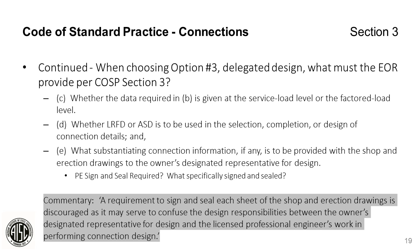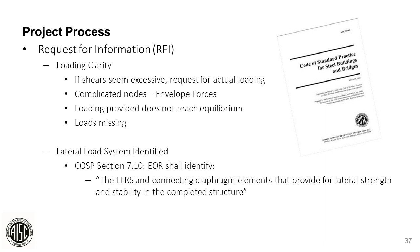Okay, and then moving on to slide 37. The question regarding transfer forces. When the EOR provides transfer forces through an RFI response, meaning they were not provided during the bid stage, can that be considered a change in the contract documents? I mean, I'm not a lawyer, but I would think that yes, if they're changing the contract documents, and a transfer force can result in some significant change in connection designs and the material required, I think that's a legitimate